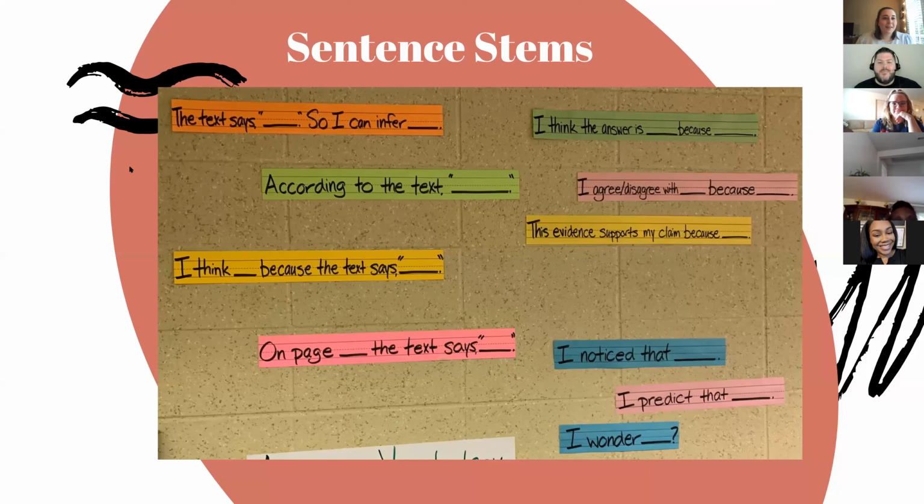Another big thing we use in our class are sentence stems. Sentence stems are a scaffold that we use pretty much every day in my classroom, because it's a scaffold that allows them to have that extra help with getting started with their productive language, that speaking or that writing. So the left hand side of the picture